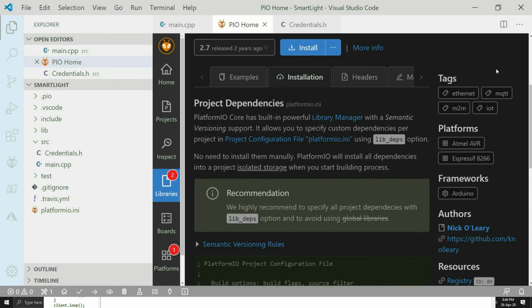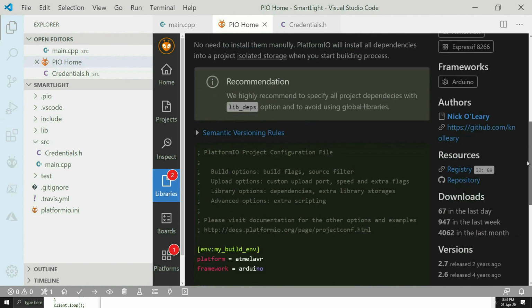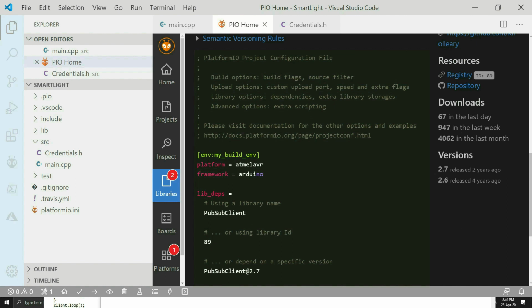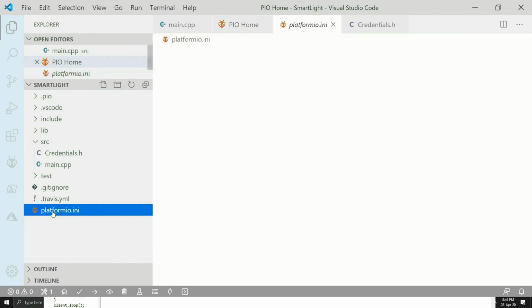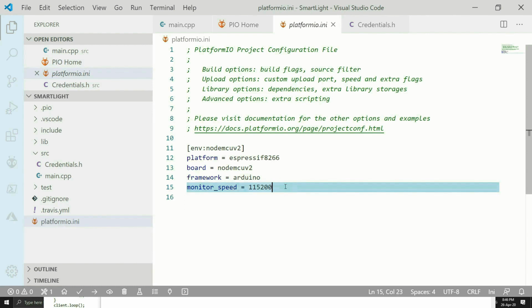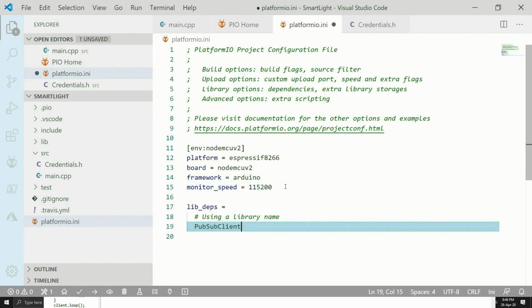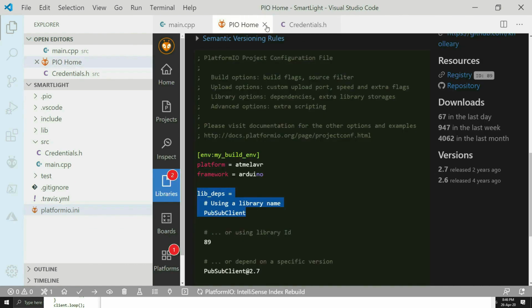Under the installation, you need to copy this one which says lib_deps equals PubSubClient. I'm going to copy this, open the platformio.ini file from the left hand side, and paste it as such. Just notice that there are two spaces before it. This one is required. Save it and close it, and we can close the home as well.